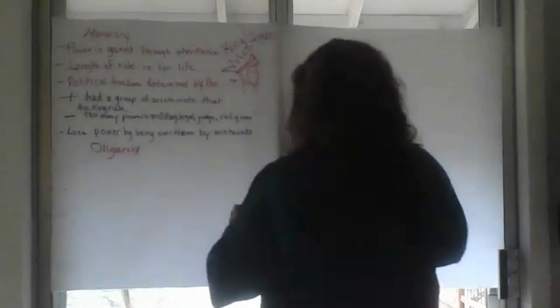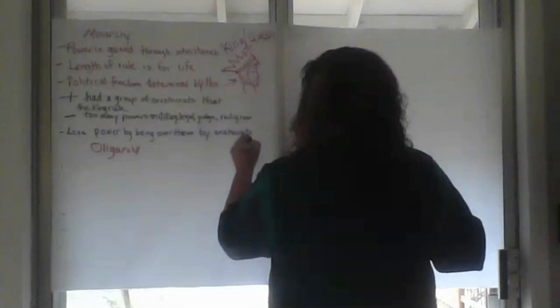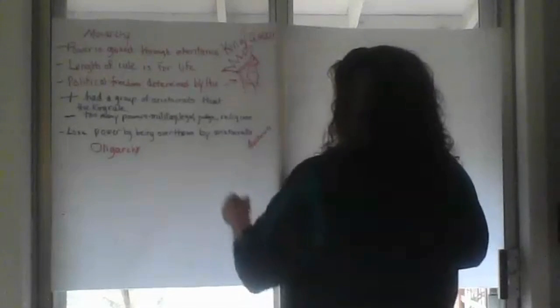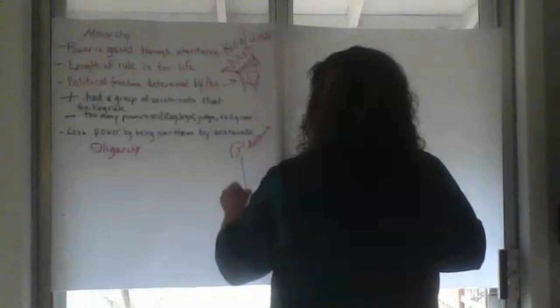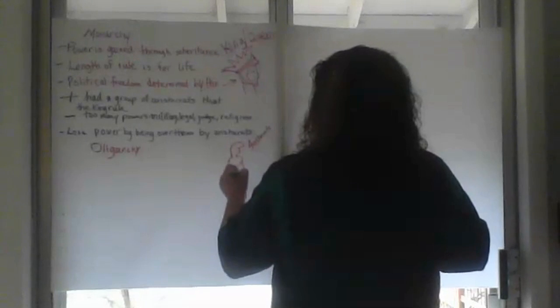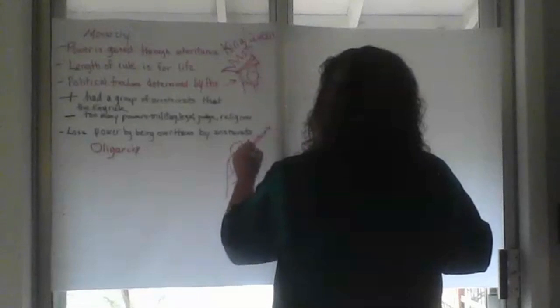Oligarchy was ruled by aristocrats. What are aristocrats? Aristocrats were very wealthy people. I'm doing really rough drafts here. Usually a group of some of the wealthiest people in the city